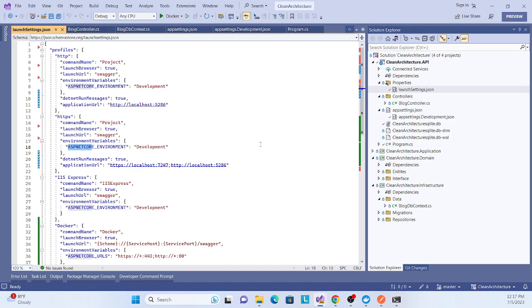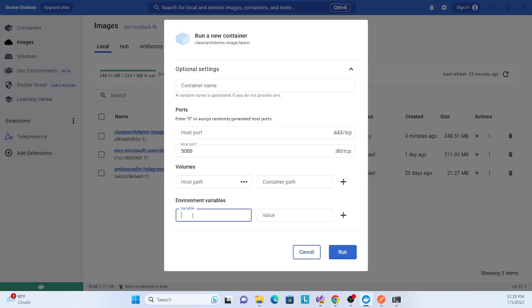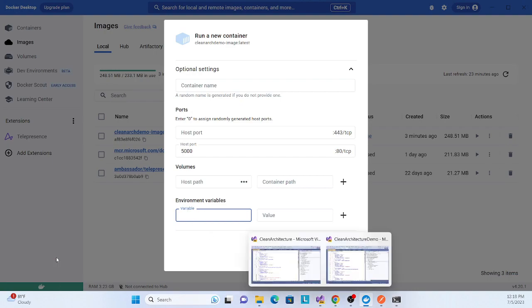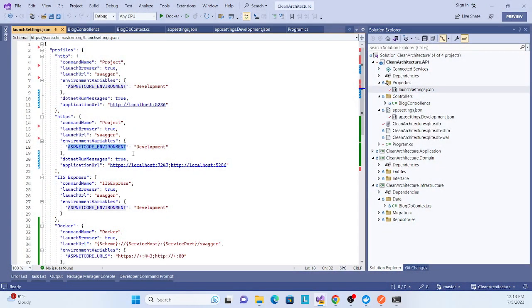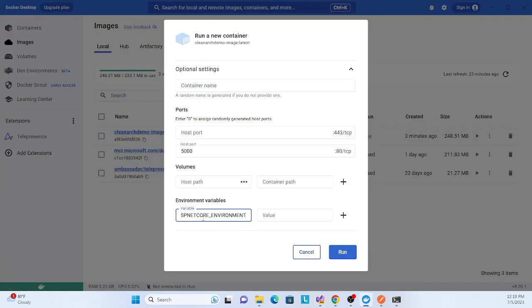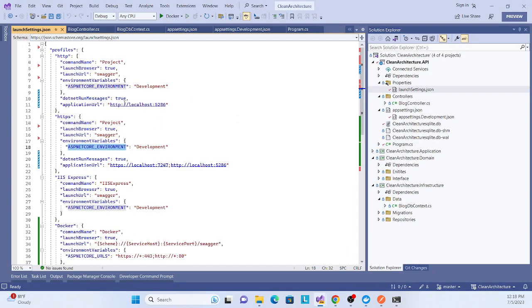So how can we fix it to run our application in development or any environment? That is why these settings. What we can do is copy this setting and just change ASPNETCORE to DOTNET_ENVIRONMENT. Let me open it again. Specify which environment you want.